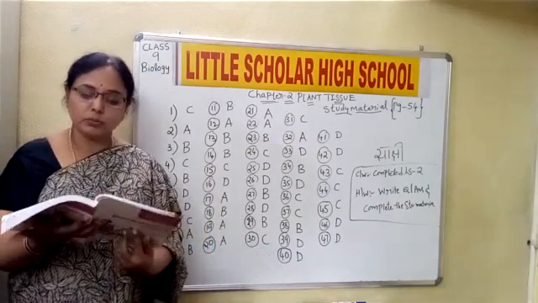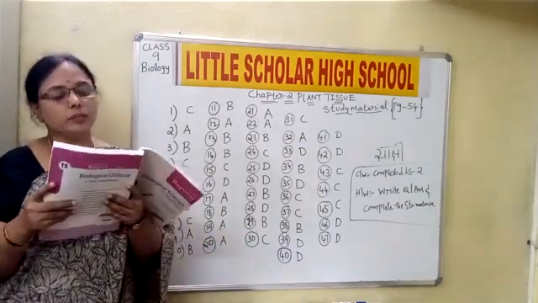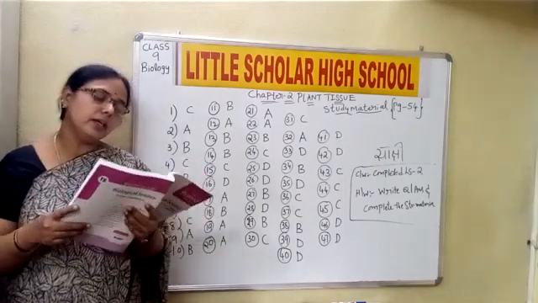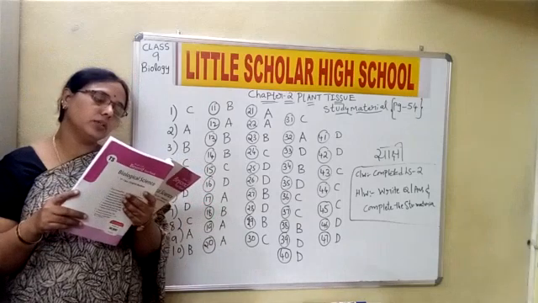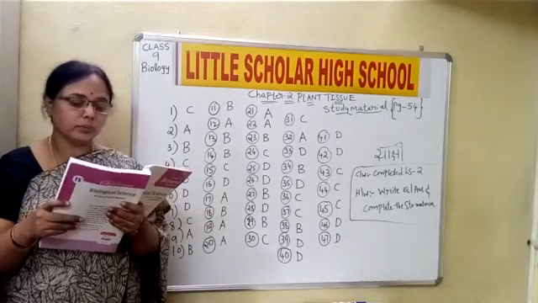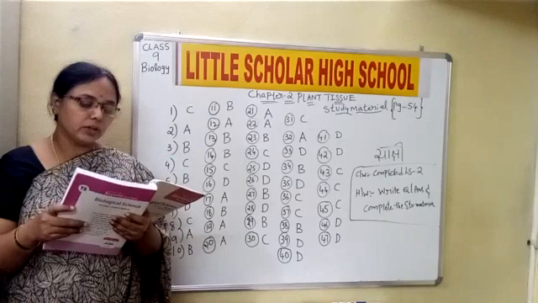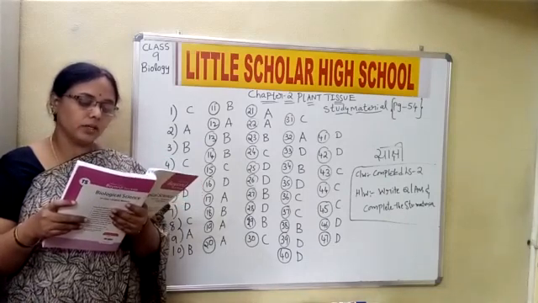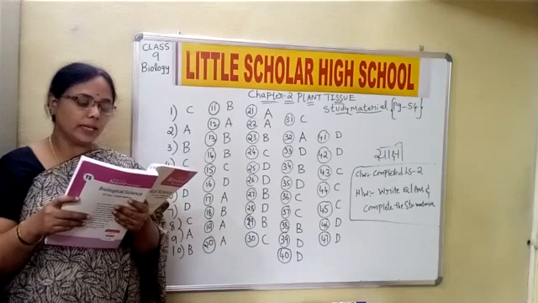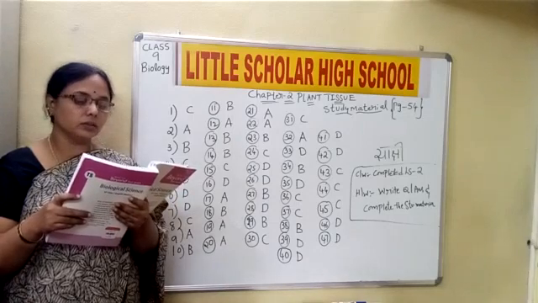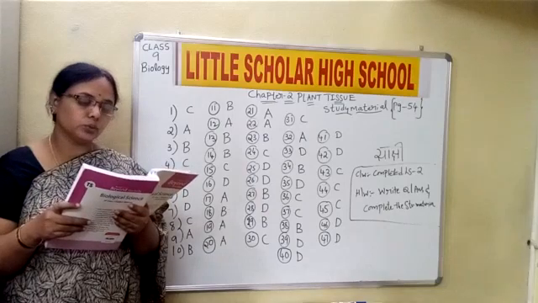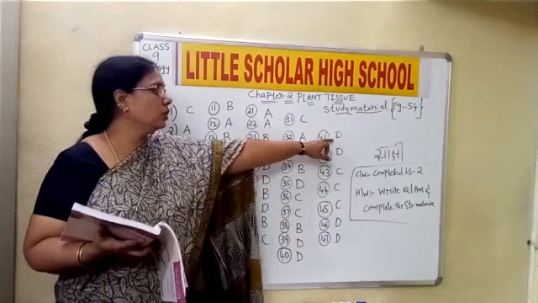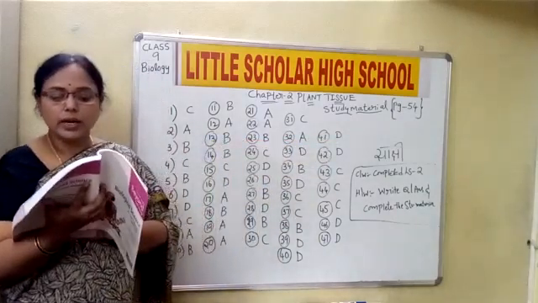Question 41, children. We have list A and B, wherein aerenchyma, transpiration, dermal tissues are given in list A, and in list B we have stomata, mesodermis, help plants to float. We need to match the correct one. So the correct answer is D, children. Aerenchyma helps plants to float, transpiration is through stomata, dermal tissue is mesodermis. So 41D.